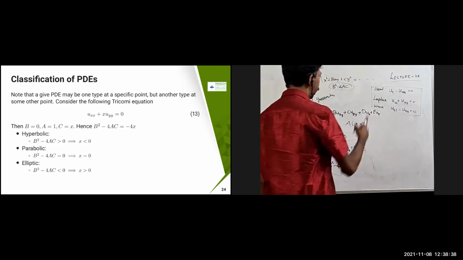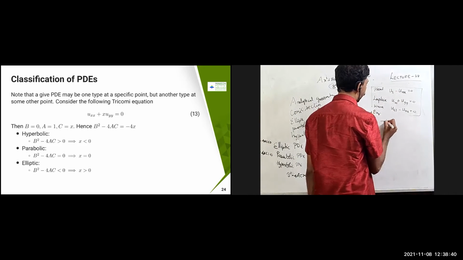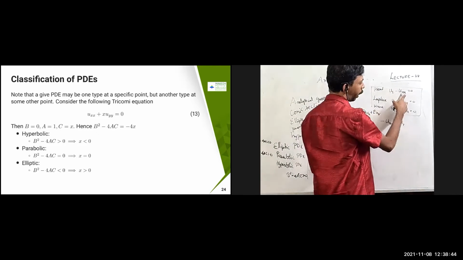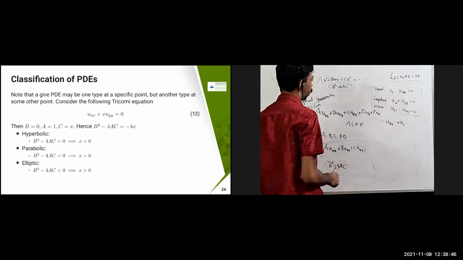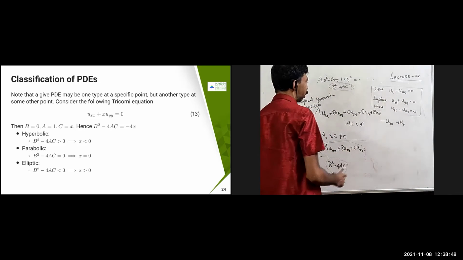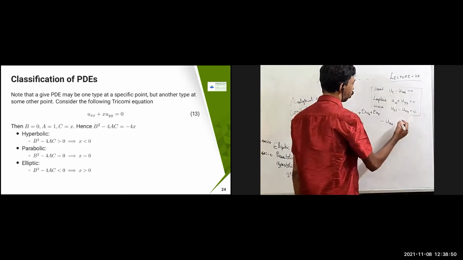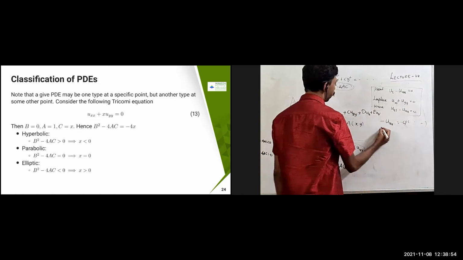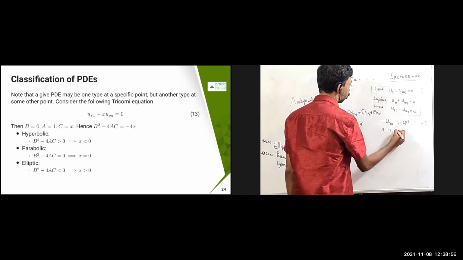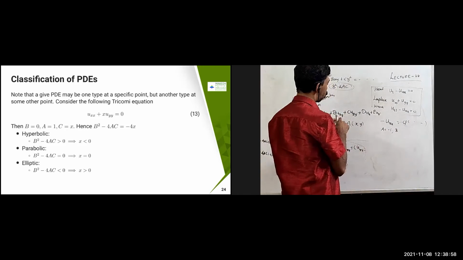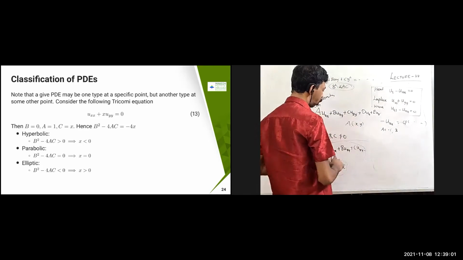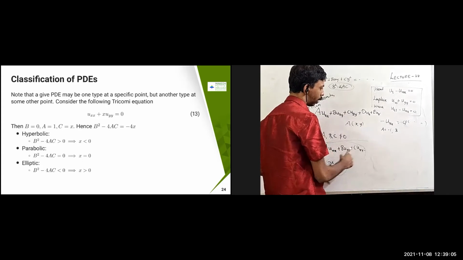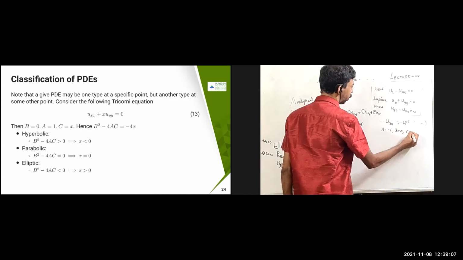So what is b here? For ut minus uxx, I can write it as uxx plus ut. Here the variables are t and x; in the place of x and y, you have to use these. So uxx plus ut is there, so a is going to be minus 1. What is b? There is no b here, because no uxt term is there, and no uyy term either. The utt term and the uxt term are not there. Therefore b is 0 and c is 0.